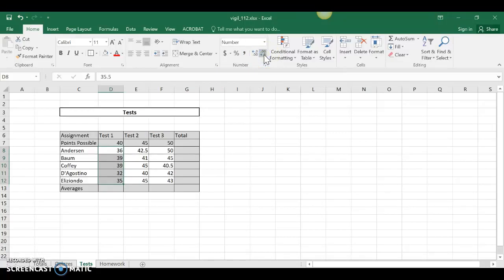That information is still there if I used it in a formula, but for now it's going to round it up, and that's fine. Now, for test 2, maybe I do want to count the half points. So I could, even on this one, just increase the decimal and get it down to either 2 decimal points or 1 decimal point to make it even so that the numbers are aligned. For this last one, I'm going to decrease